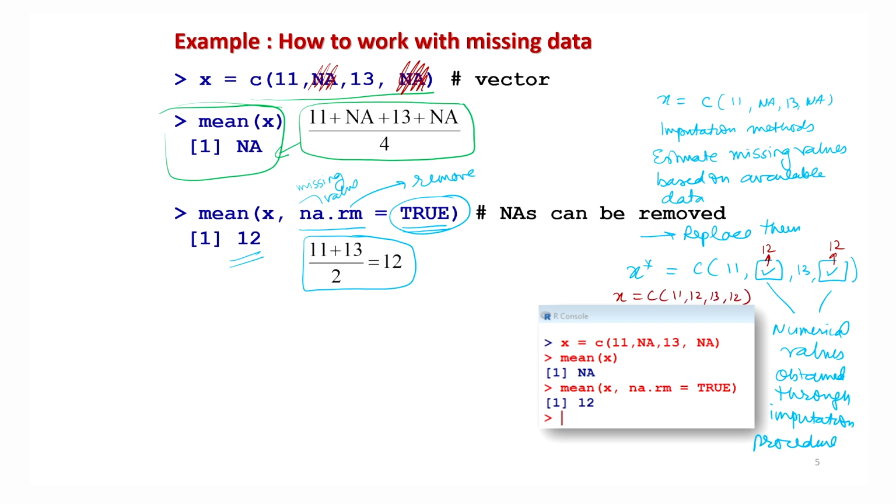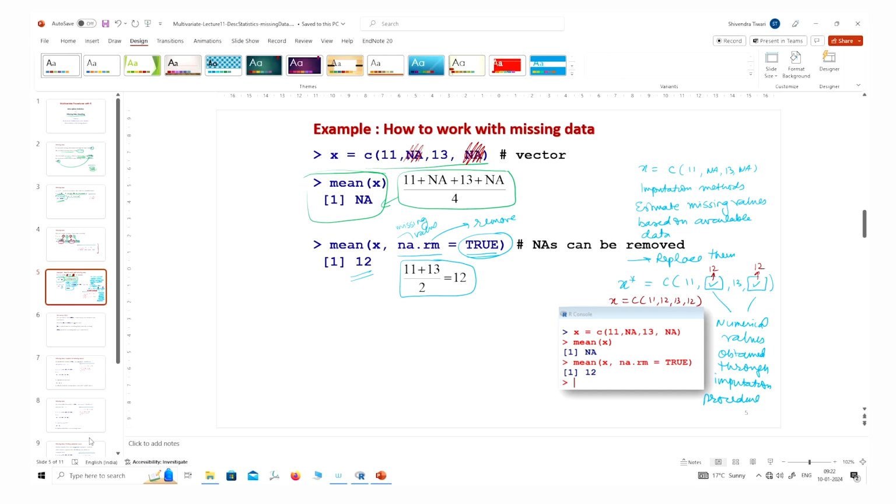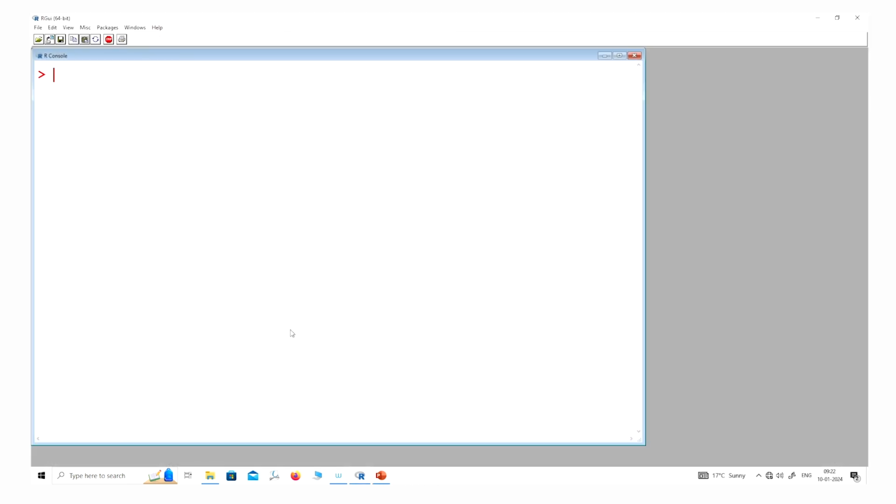Right, and then I can compute my mean over this. But as I said earlier, if you want to use such missing data models, they are available in the R software and you can use them also. But here I'm not going to use them. My objective is simply to explain how you can diagnose if there are missing values, how you can find their position and details, and how you can modify your statistical computation in the R software. Right. So let me try this illustration.